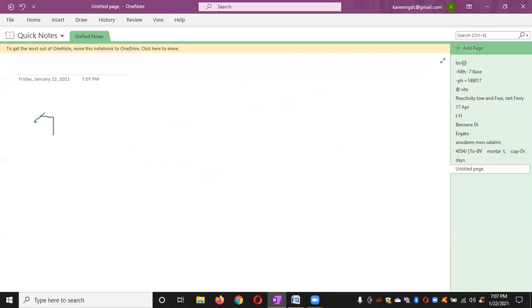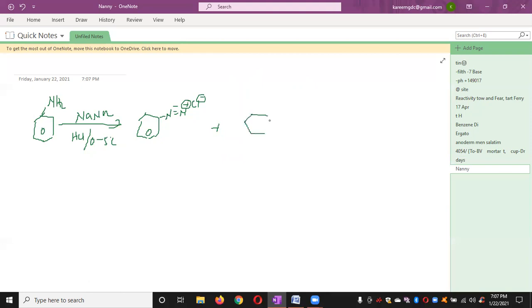So this is aniline. When this aniline is treated with sodium nitrite, NaNO2, in the presence of HCl at a temperature of 0 to 5, then what do we get? Diazonium salt. So this is the diazonium salt. You can place the positive charge here or here, whatever it may be, that's your choice. If you place it like that, no problem. In the next step, it will react with phenol. So this is phenol.